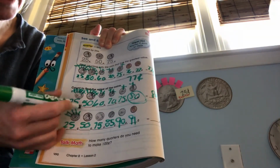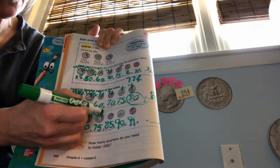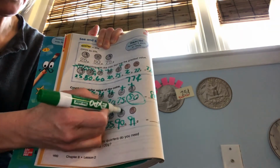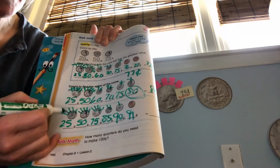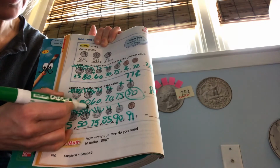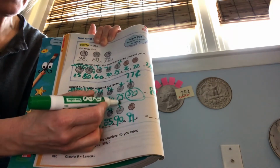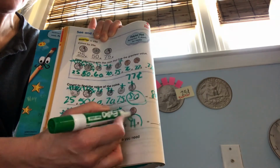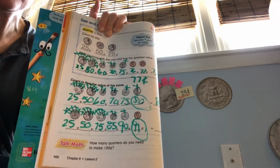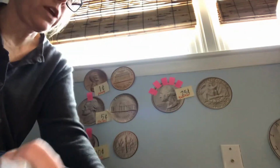1, 2, 3, 4, 5 on a quarter. 1, 2, 3, 4, 5 on a quarter. 1, 2, 3, 4, 5 on a quarter. 1, 2, and 1. Let's count it up. 5, 10, 15, 20, 25, 30, 35, 40, 45, 50, 55, 60, 65, 70, 75, 80, 85, 90, plus 1 is 91 cents. Okay, so I want you to finish those 3 pages I said, and then if your parents